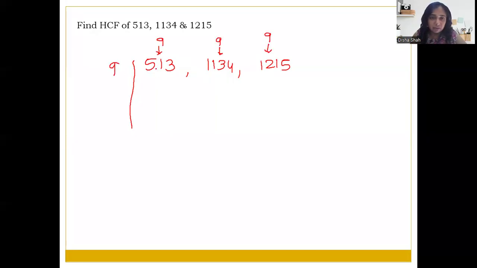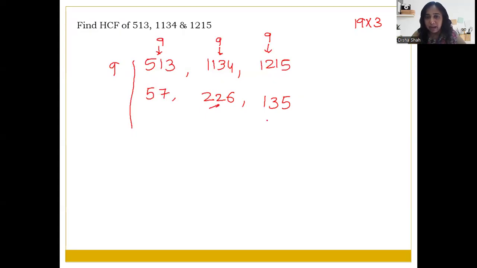तो पहले तो 9 से डिवाइड कर देते हैं, so 9 से डिवाइड करेंगे तो 57, 126 और 1215 को 9 से डिवाइड करेंगे तो 135। ओके, सो 57, 135 एंड 126। 57 जो है वो 3 से डिवाइड होता है, बिकॉज 19 इंटू 3 इज 57, बट here the addition is 10, so this number is not divisible by 3, and ये 3 से डिवाइड नहीं हो रहा है। और वी नो कि 135 के 19 के टेबल में 135 भी नहीं आता है, सो आगे कुछ और भी पॉसिबल नहीं है, सो द HCF हियर इज 9। वेट,